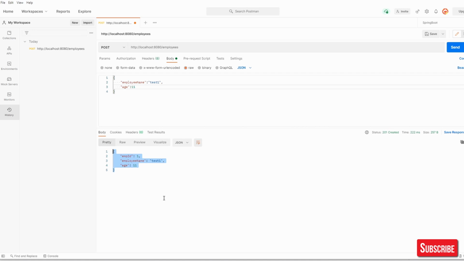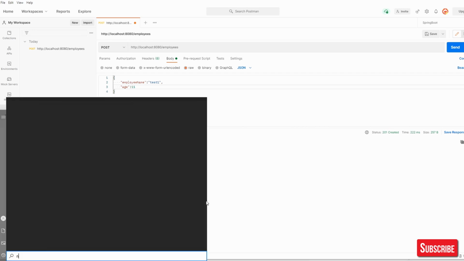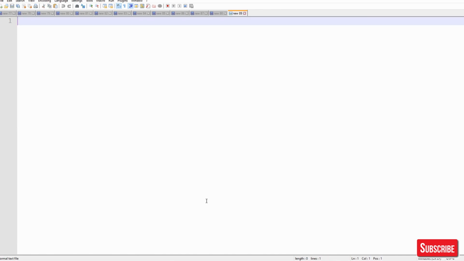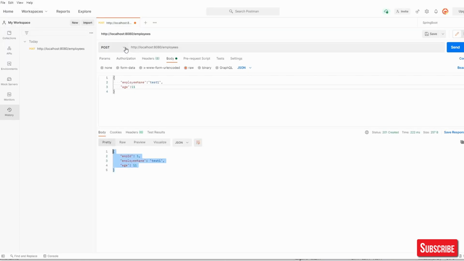Now there are a couple of errors that we want to see, to see how the default exception handling of Spring Boot behaves. So this is POST, and this expects POST. What we will do is go with GET, let's say, and send this. Then we will see what is happening.